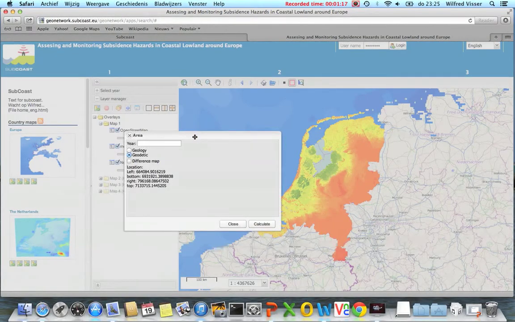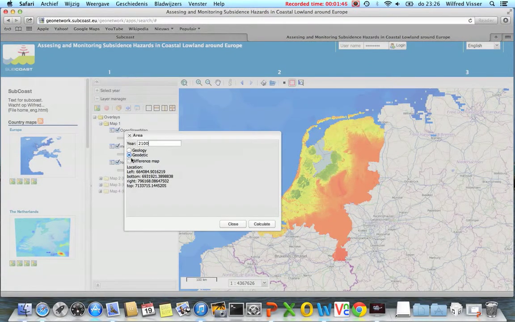We have now a screen where we have to fill in some data. Our dam is from 2010, and we want, for instance, to calculate a new dam for 2100. So we fill in here 2100, and you have to choose if you want a geological or a geodetic approach for the calculations.